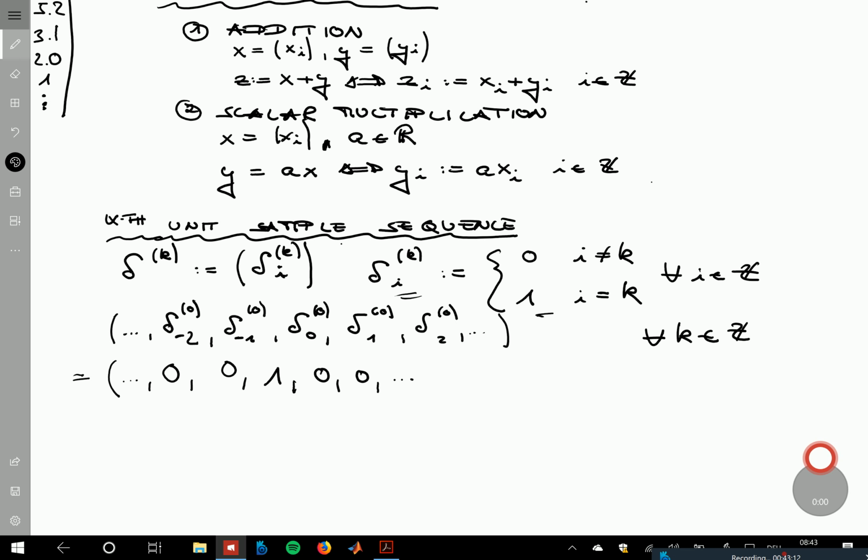So the 0th unit sample sequence, so the delta with this little superscript 0, has a 1 at the index 0, and zeros everywhere else. Just to make this with the k clear, we can also look at another example, namely,